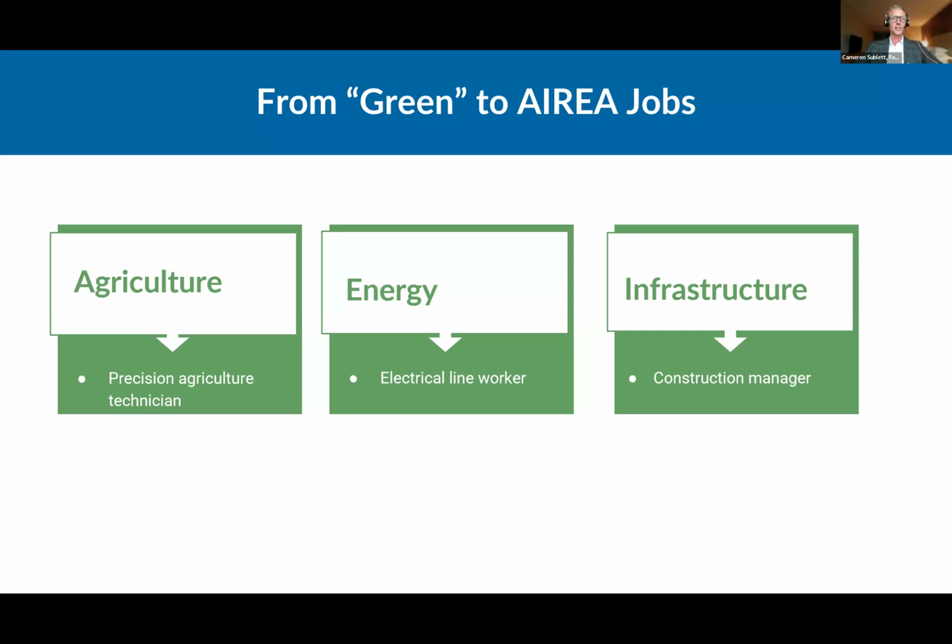And so we broadly classified these jobs as advanced infrastructure, energy, and agriculture. We made this pivot for several reasons. First, the political and funding landscape has changed dramatically since we began this work. The federal government is no longer making grants or extending tax credits to support renewable energy, and climate change has become a politically charged issue.